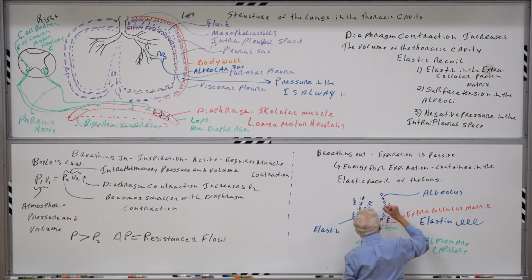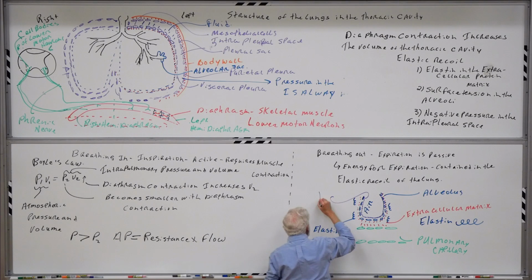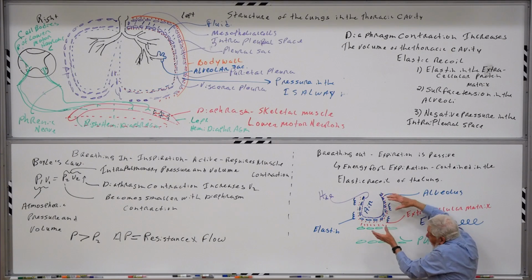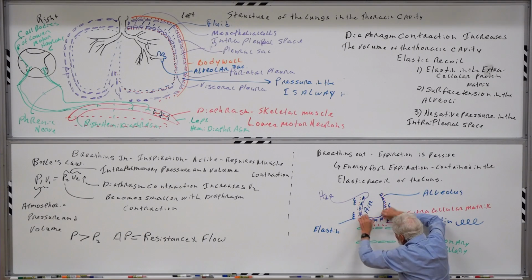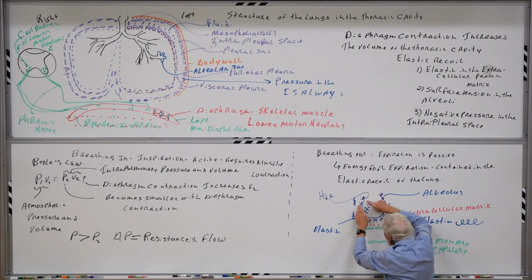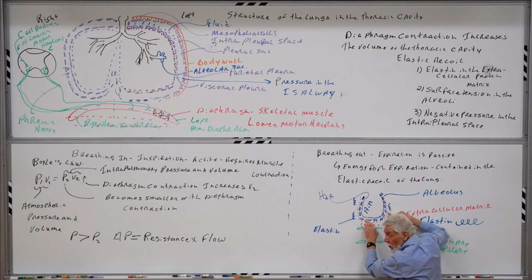I'll put this in purple, but right over the tops of all of these epithelial cells is a very thin layer, no more than a couple of micrometers or so at most, of water. So one of the things we're going to find here a little later is that because of this water layer, the relative humidity in here is 100%. So a fair number of the molecules in here are water. But what I want to focus on is the liquid water, which is covering over the surface of those epithelial